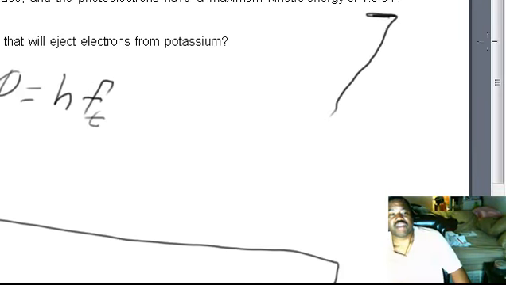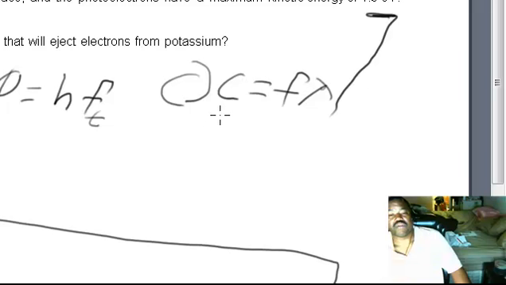Now the next part says, what is the wavelength of the least energetic photons? Well, since you know the frequency, you know c, the speed of light, is equal to f times lambda. Therefore, lambda is equal to c over f. Since you found the threshold frequency, that's going to give you the wavelength. That becomes 3 times 10 to the 8th over